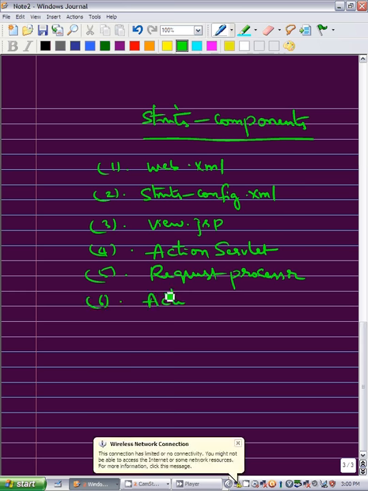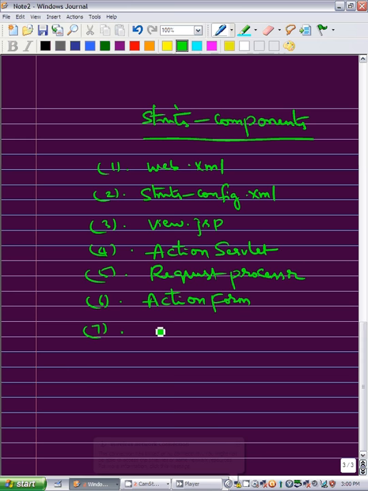And we have the action class. These are the components of Struts, and we'll see the flow, how they are interrelated with each other, so that the framework works as a template for you to get the response back when you send a request in. Okay,